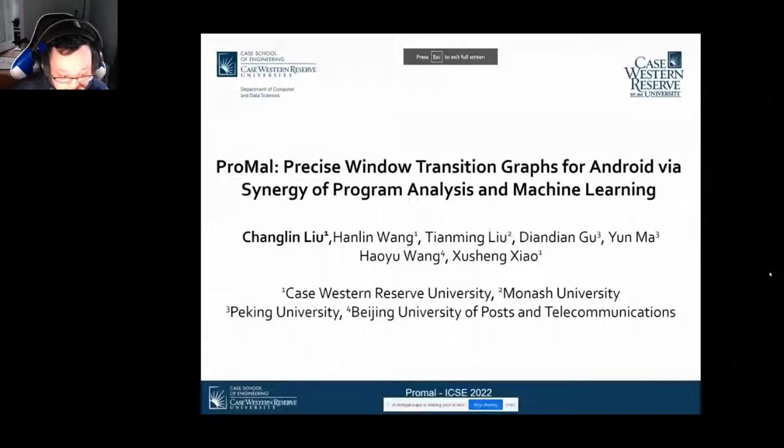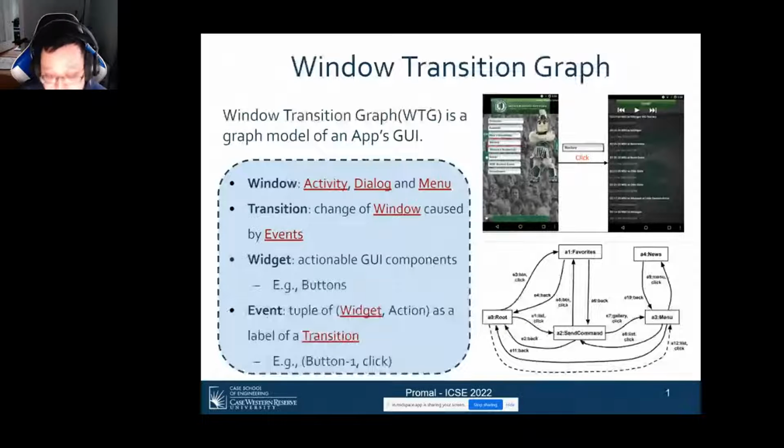I'm Chang Liu from Case Western Reserve University, and here's our project, PROMO, Precise Window Transition Graphs for Android via synergy of program analysis and machine learning. First, let me give you some background about the window transition graph. A window transition graph is a graph model for the app's GUI. The nodes are the windows. Windows include activities, dialogues, or menus, and the edges in this kind of graph are transitions among the windows, like